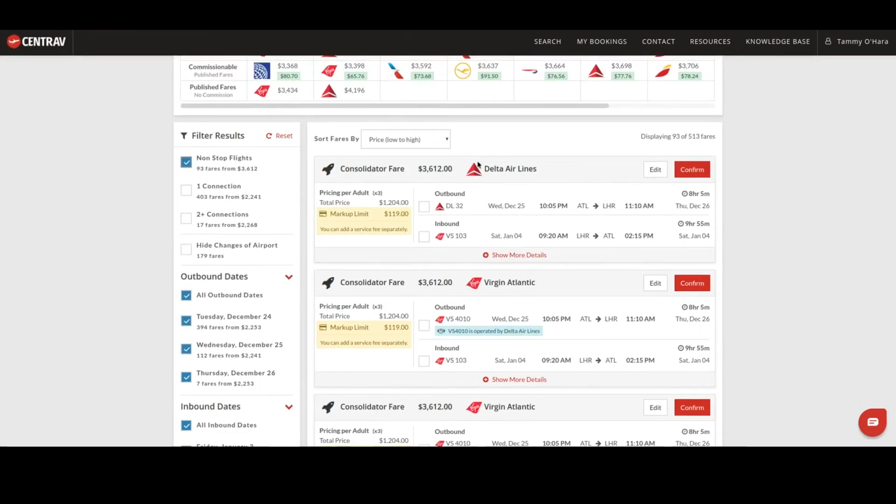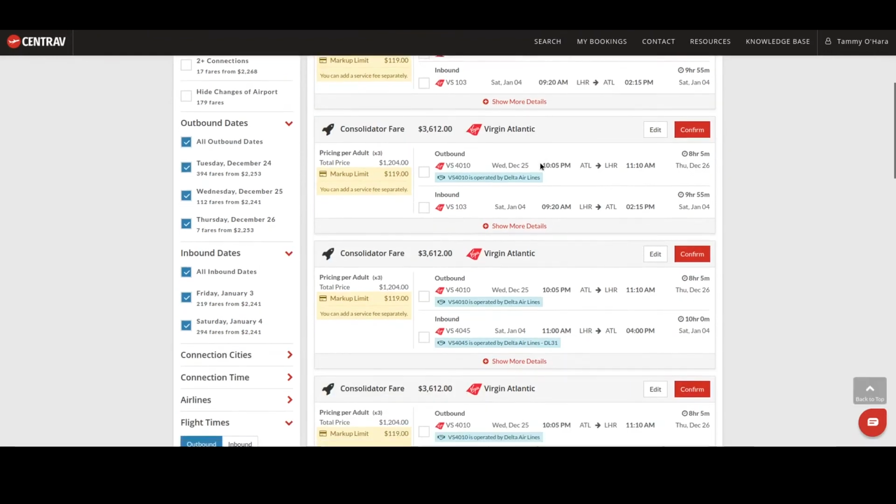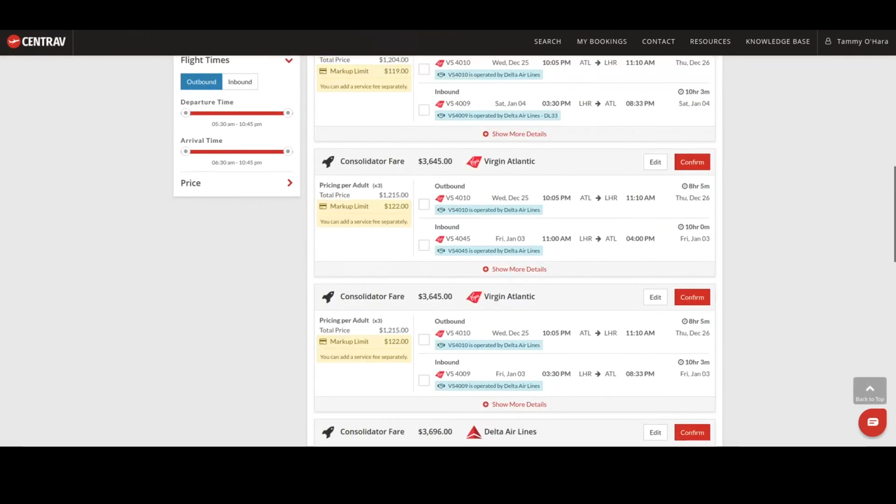So here we have the consolidator fare, which is going to be $36.12 on Delta Airlines. And you will notice here that this is the same schedule, and that's because this is a code share. So in this situation, I would find out which airline is actually going to be operating the flight. So it says here that this Virgin flight is being operated by Delta Airlines. So in this situation, I would try to select the Delta flights if I can find the Delta flight,